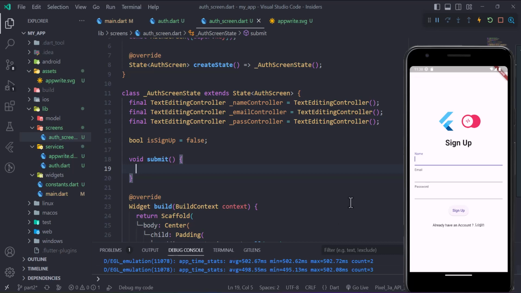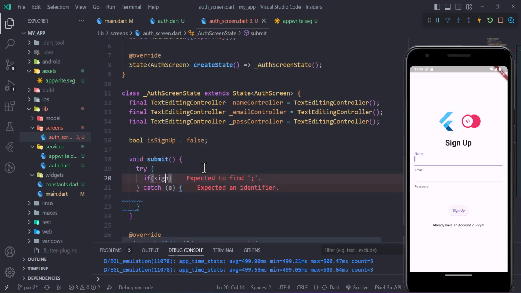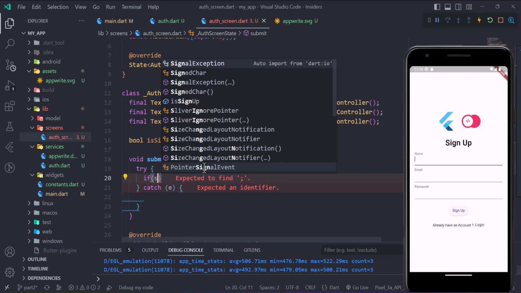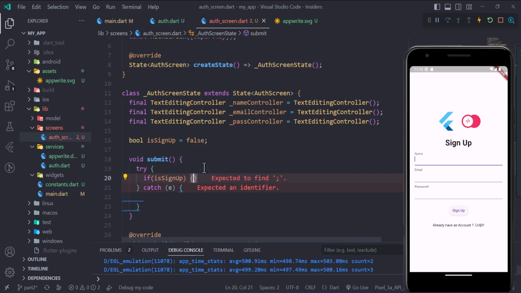Now inside this function, let's use a try and catch block, and if the current state of my app is sign up, so is sign up, what we need to do